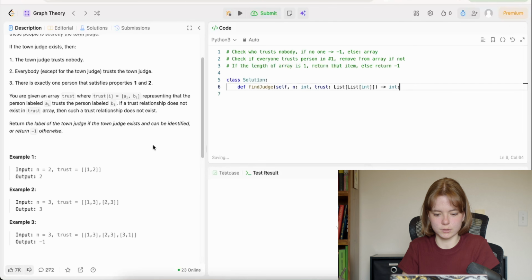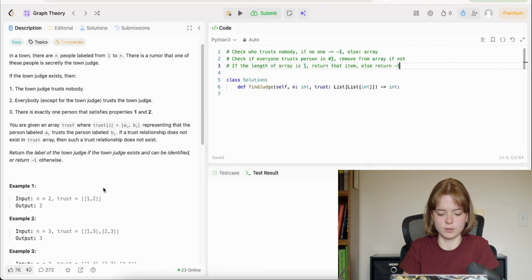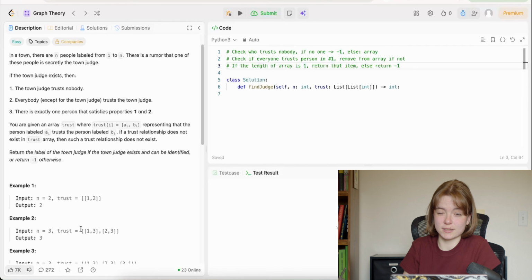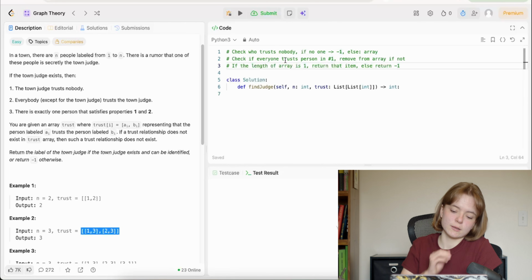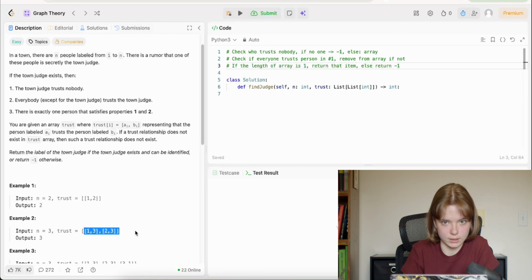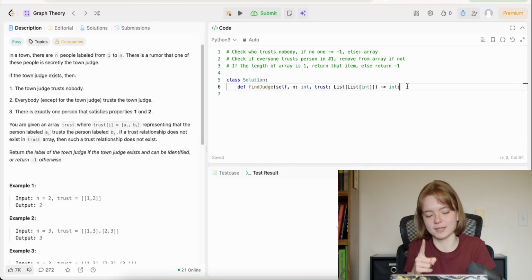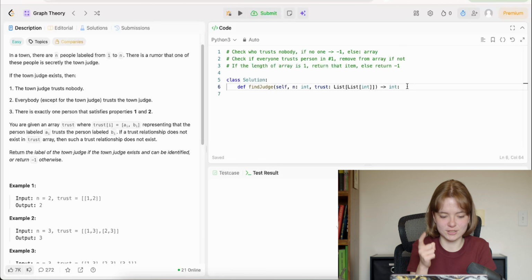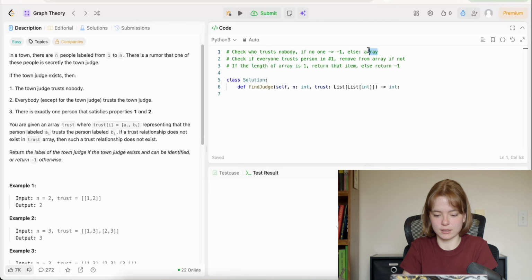Okay, that's pretty straightforward. So let's think about, before we start, what's the time complexity of this? So we'll have to go through the adjacency list once to find who trusts nobody. And then we'll have to go through again for each person who doesn't trust any. Wait a minute. I just realized, if there's more than 1 person who trusts nobody, the answer is -1, because there can only be 1 town judge, and everyone else has to trust them. Else, if 1, continue.